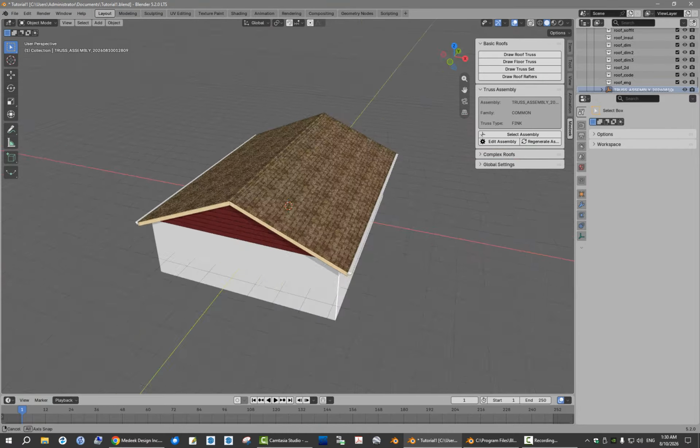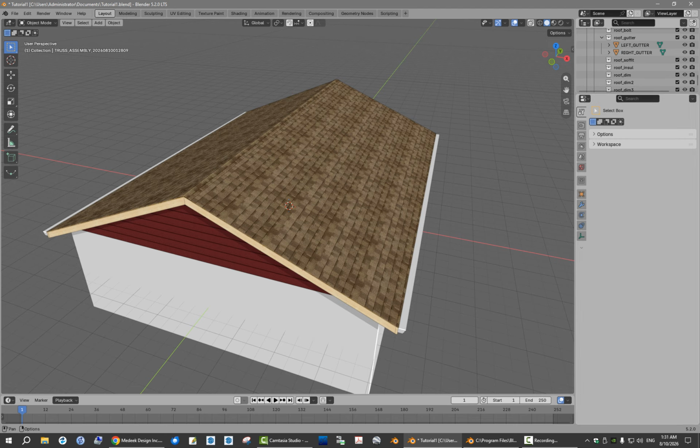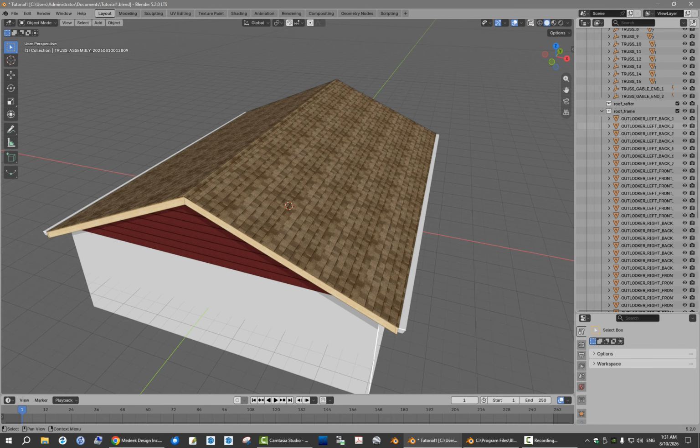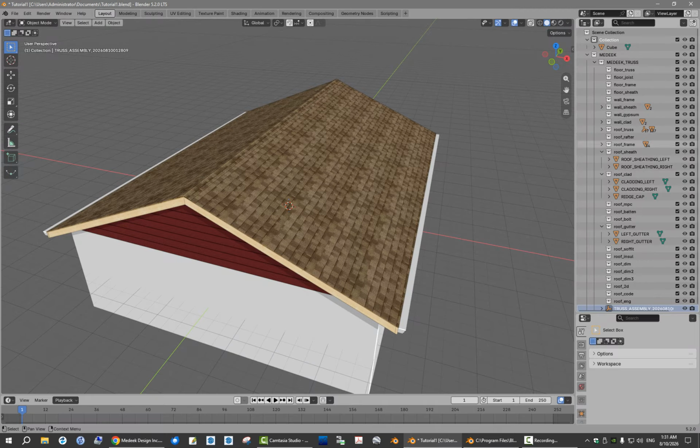All right, so let's take a quick peek inside this roof. I'm going to show you guys a little bit. I'm going to toggle this off, and let's open up this. What's going on here now? The organization, I've tried to logically order it essentially the same way I've ordered it in SketchUp. These, I guess, collections are called instead of layers. I'm not sure if it makes perfect sense for you longtime users of Blender, but